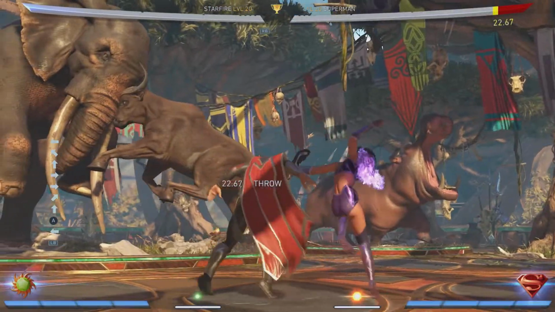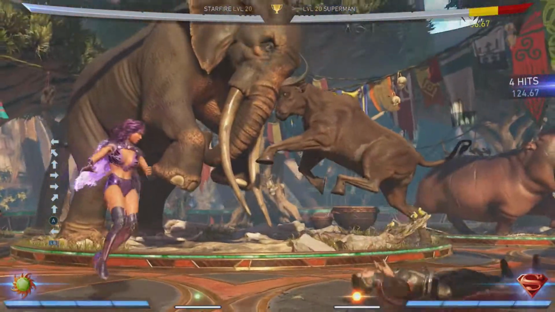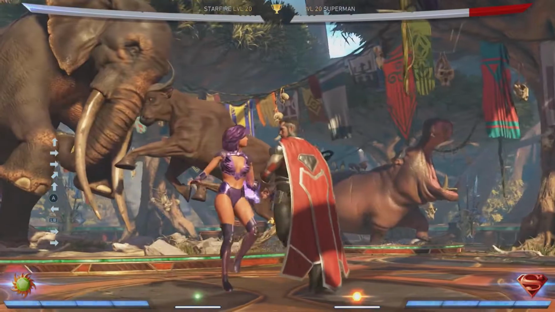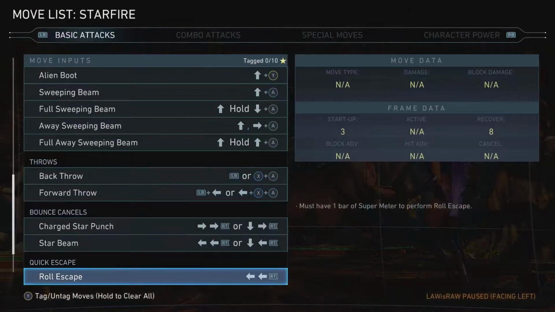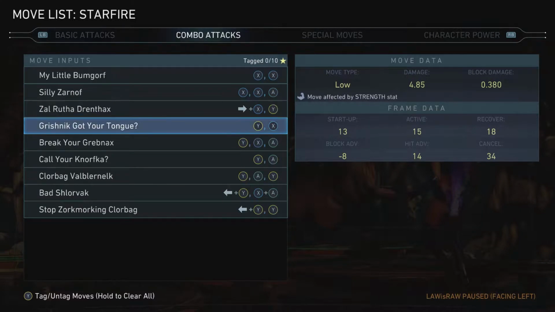Her throw animation, pretty cool. I picked the purple Firestorm because purple is my favorite color. So I think she looks awesome right now. I don't have any gear unlocked for her. I haven't played a game with her. But I just wanted to get in here real quick and show you guys what I thought about her off initial reaction. Looking at her strings,